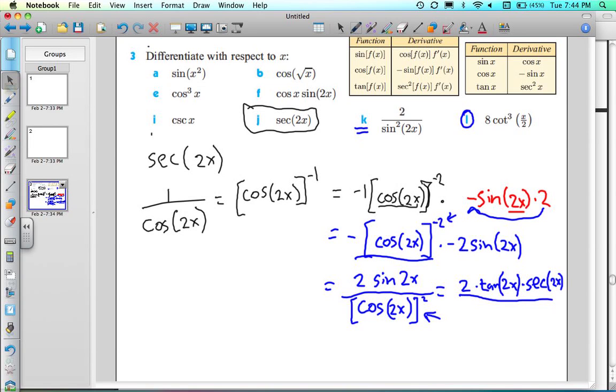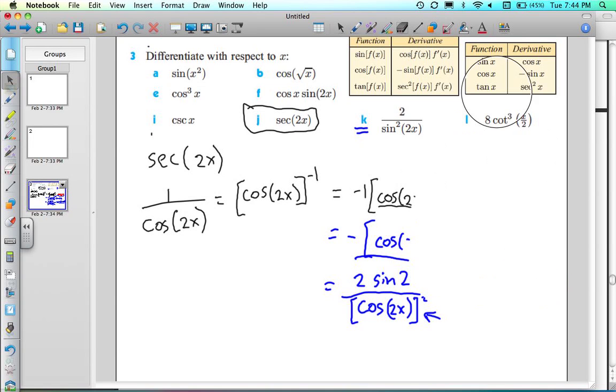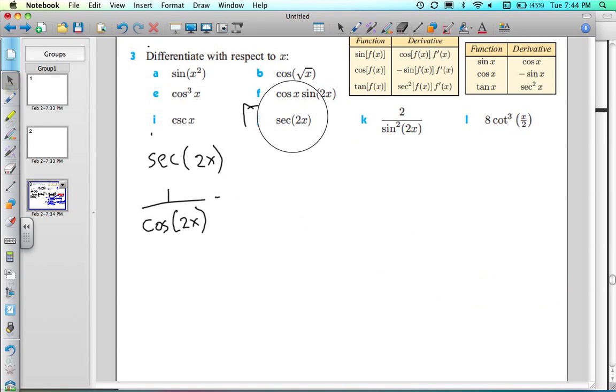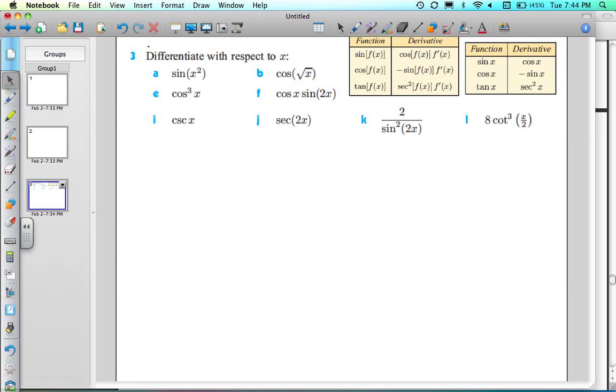Let me erase this really quick. Okay. So L, the derivative of 8 cotangent to the third power of x over 2. There are a couple of things we need